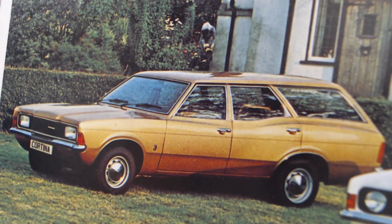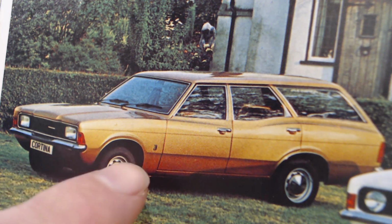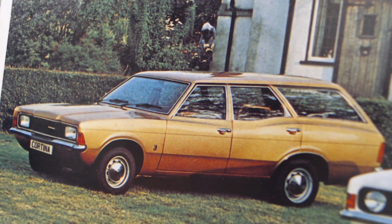So starting at the far left hand side, I was thinking, is this an L or an XL? But it has got a 2-litre badge on, which definitely means it's the XL, and we do get a little bit of brightwork around these wheel arches as well. So we're going to say that's the XL. If we move on,